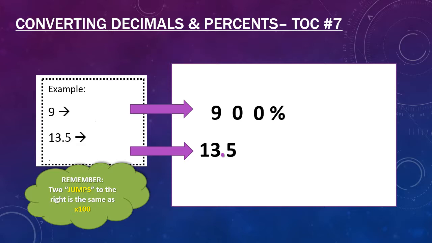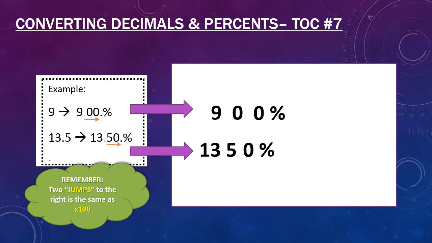My second example is very similar. I've got 13.5. I've still got to multiply it by 100 or move my decimal 2 places to the right. So here we go. Move it once over the 5 and jump again, but this time there's nothing there, so I have to add that 0. And then add my percent sign, and I can take my decimal point away, and I'm left with